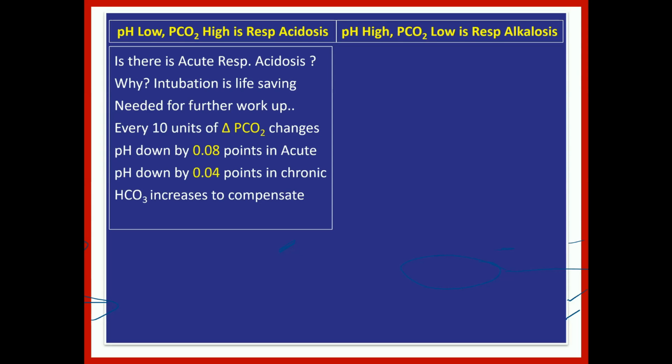And then after deciding acute or chronic, you go for bicarbonate compensation. And for that, the table is there. I will show you the table below, which is 1, 2, 3, 4 there. That table will tell where I am.